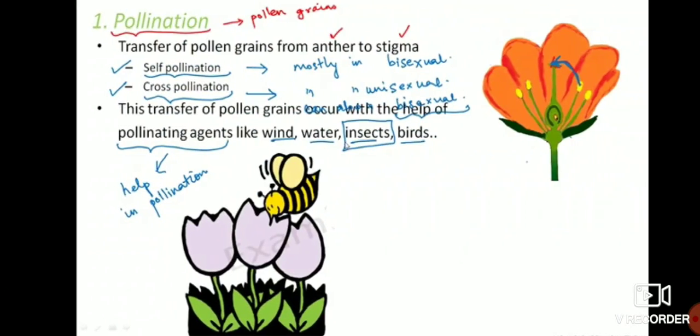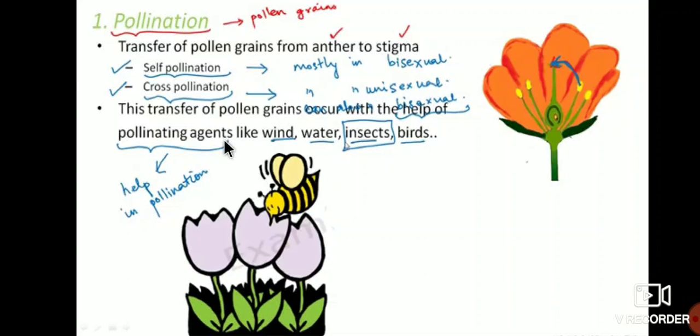So here there are two types of pollination: self pollination and cross pollination. Pollination means transfer of pollen grains from anther to stigma. Self pollination happens in bisexual flowers, and cross pollination happens in unisexual flowers. If they ask you to define pollination, you should write: transfer of pollen grains occurs with the help of pollinating